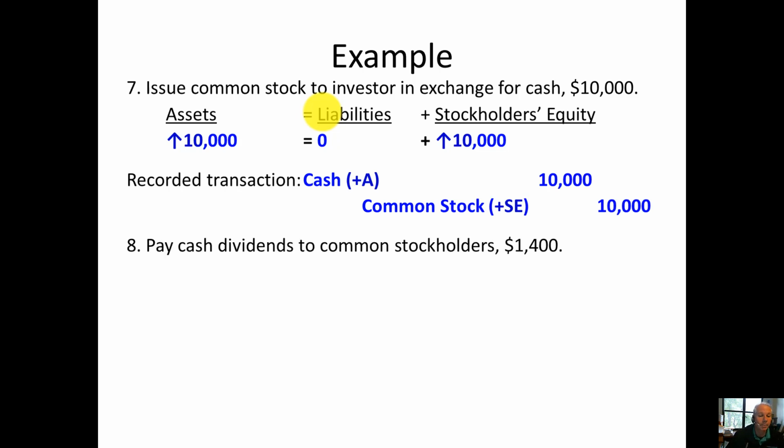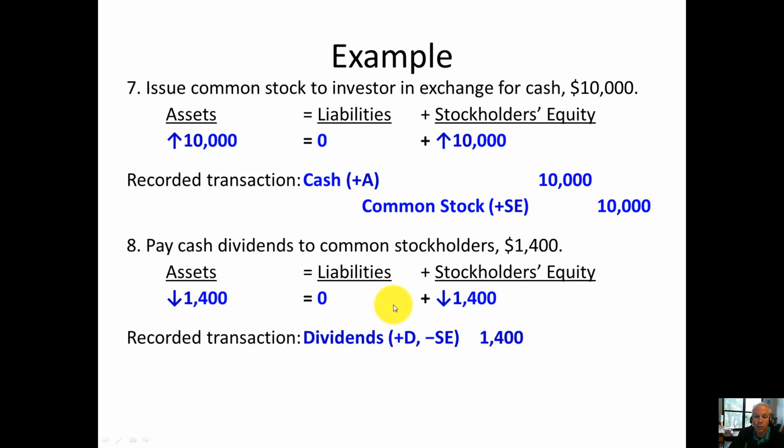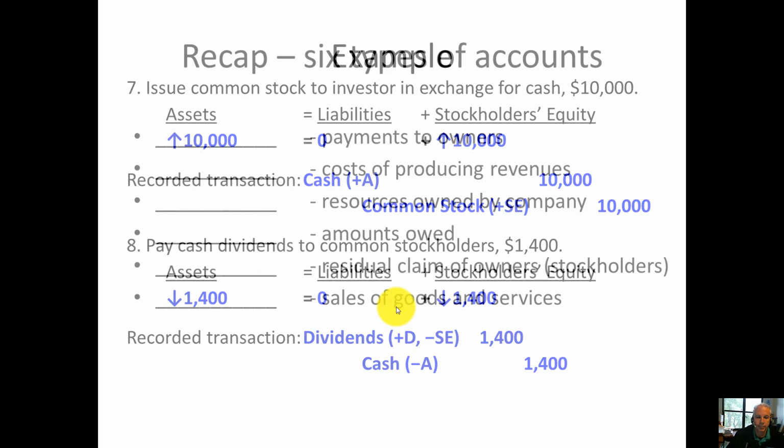How about we go ahead and pay a dividend, a cash dividend, to the common stockholders? Remember, the D, dividend, is in DEA. That means it's a debit account. So that means your assets are going down because you paid. The sight word paid means cash goes down, assets go down. But also stockholders' equity goes down. Why? Because we debit dividends. And remember, dividends has a debit balance. So we debit dividends and we credit cash for this dividend payment.